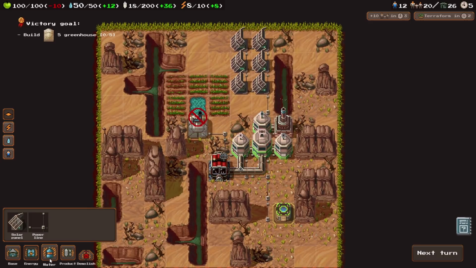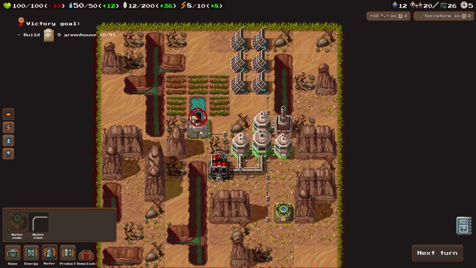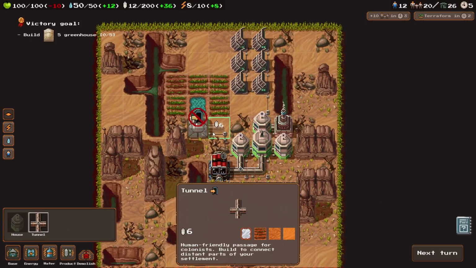Okay, and then it needs water. Yeah, that would help with growing plants, wouldn't it? Okay, and then it needs... what does that need? A tunnel. Oh yeah, people need to actually go into it. That would make sense. How about we have...